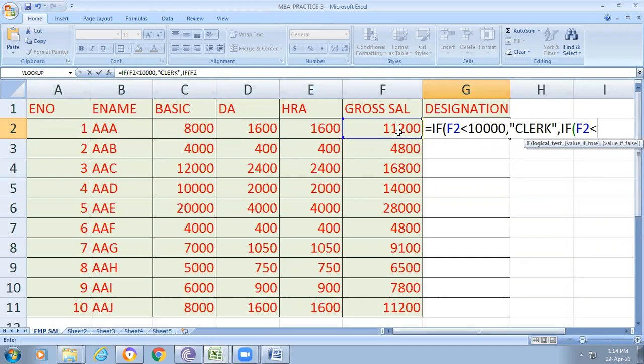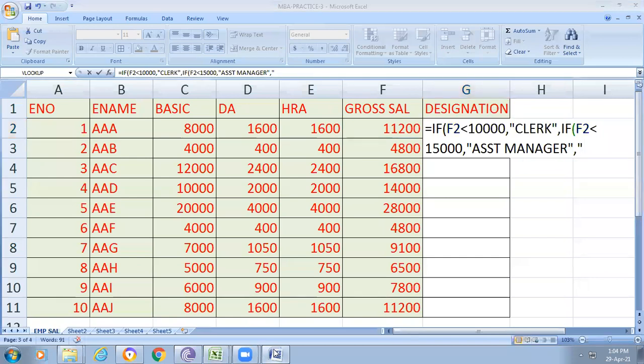If it is less than 15,000, comma, double quotes, what's our grade? Assistant manager. If the conditions are many, you can open many IFs to satisfy our condition. Here if it is not less than 15,000, that means greater than 15,000, am I right?